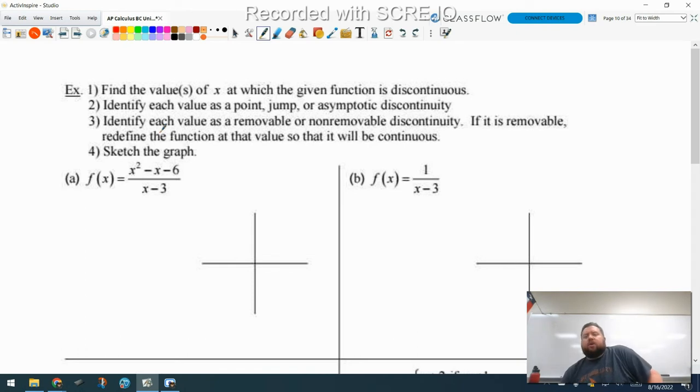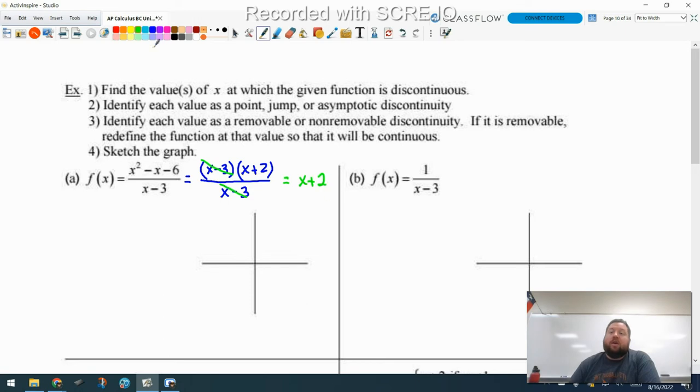All right, so anytime you're looking at a rational function, which is what a and b both are, if the denominator can be equal to 0, that's a discontinuity. Now, it depends on what type it is. It could be an asymptote, or it could be a hole, a point. So anytime you're dealing with rational functions, you almost always are going to want to factor what you can. So that's what we're going to do up here. We get x minus 3 times x plus 2, and then we have our x minus 3 on the bottom. So you can see how those x minus 3s are going to cancel out,